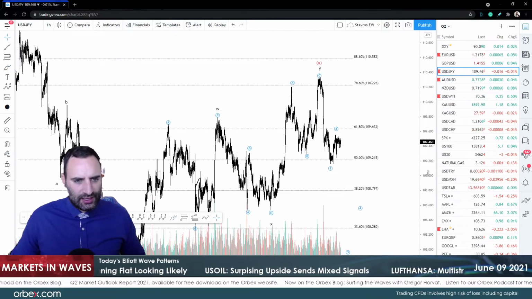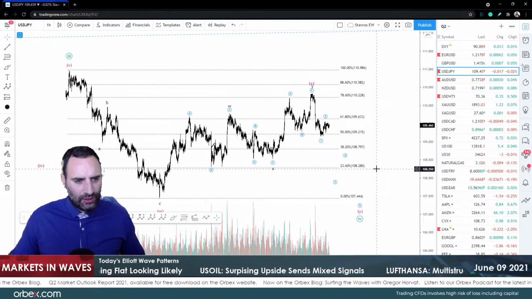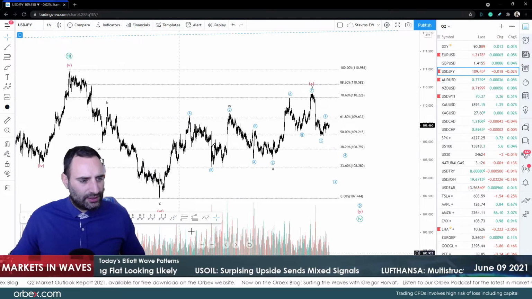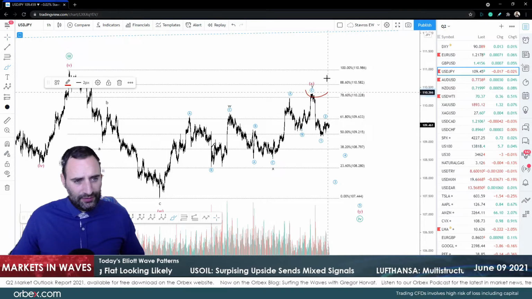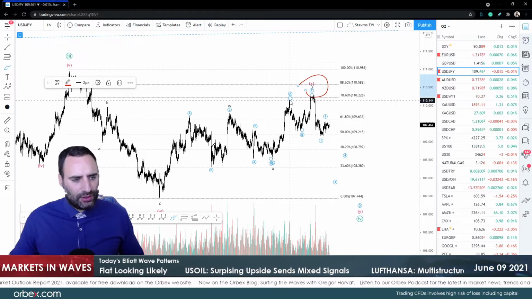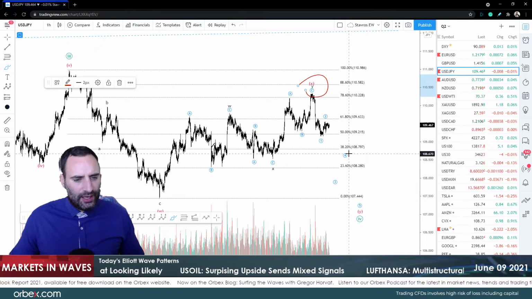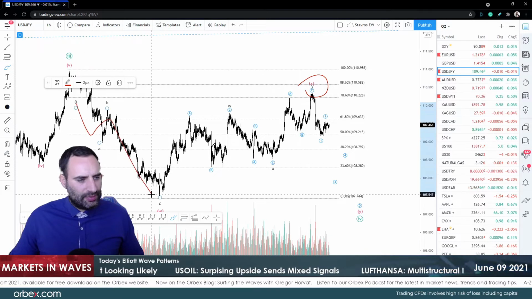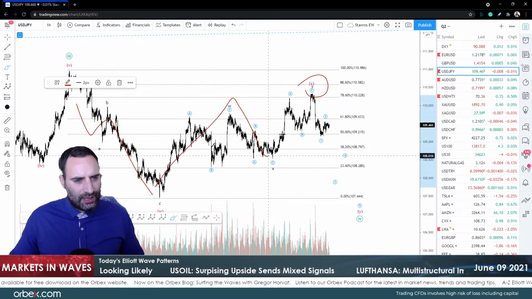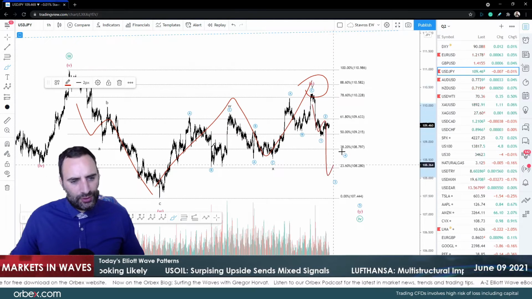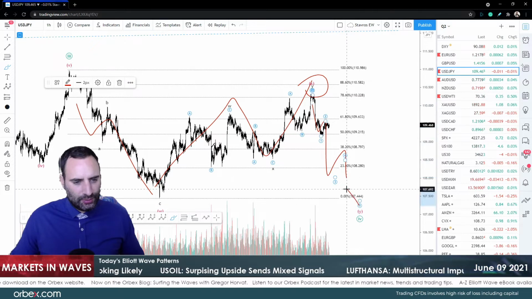We moved exactly as we expected. This is our wave 1. We finally did, I believe, this dip correction in wave X of 4. And this is ABC, right? We've got W, X, and Y, and that will be 1, 2, 3, 4, and 5. Actually, that should be up here, sorry.